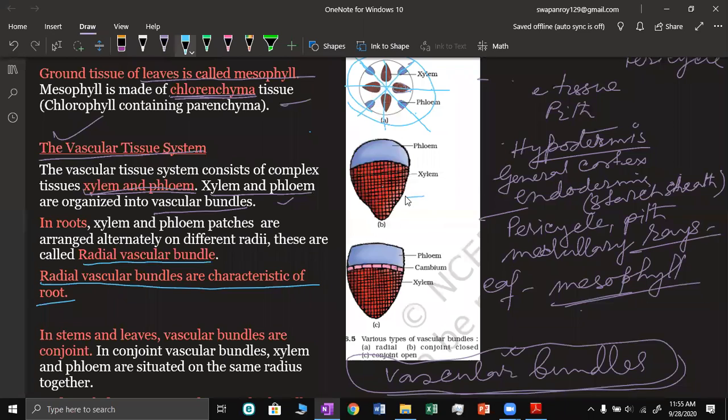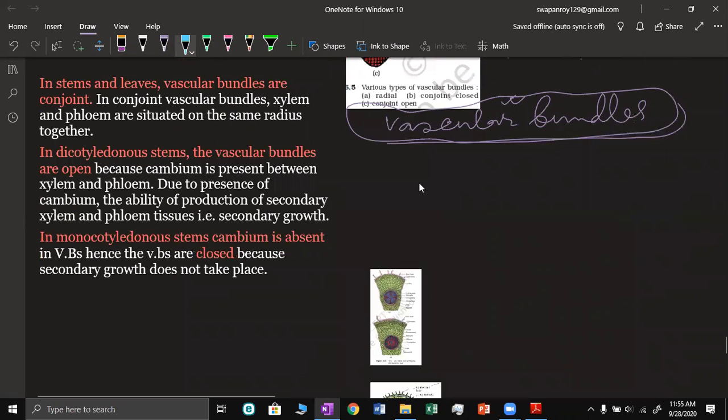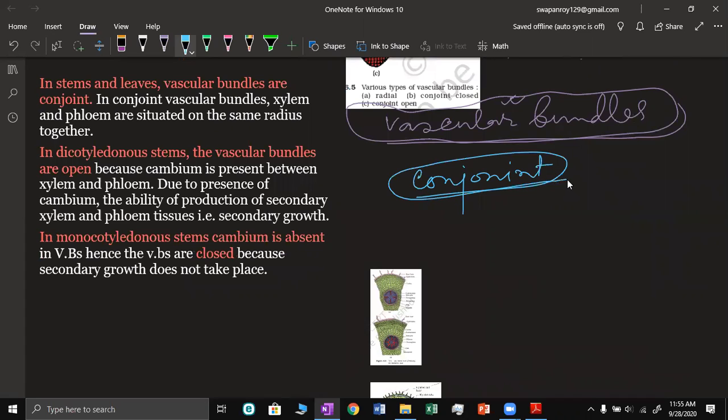So this is the vascular bundle where the xylem and phloem are together in one patch. They are called conjoined vascular bundles. So in the stems and leaves, vascular bundles are conjoined,